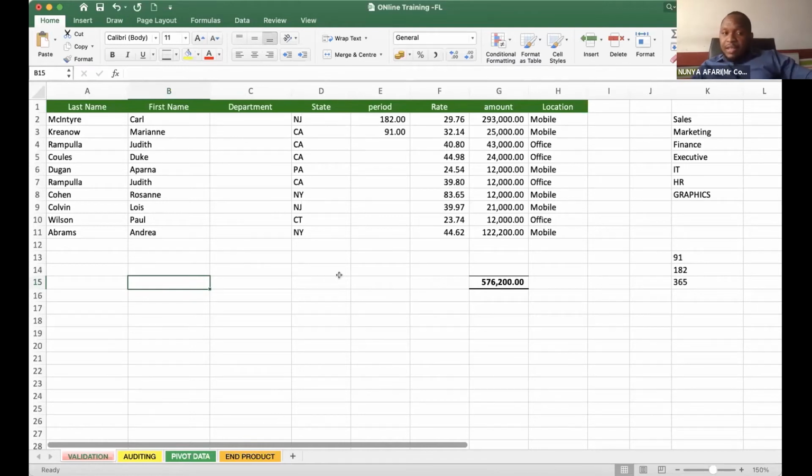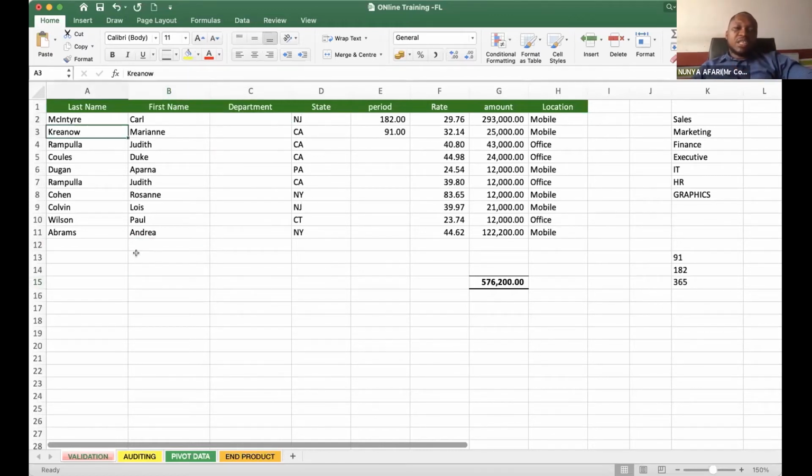So to go over this first topic, data validation, what we are saying is we want to be able to analyze some data. But there are times when the data we are analyzing is not accurate. So we are taking a step back to look at the preventive measures we can take to ensure that the data we want to analyze is accurate. One of the tools we can use in ensuring accurate data input in Excel is called data validation. So to give you an example,